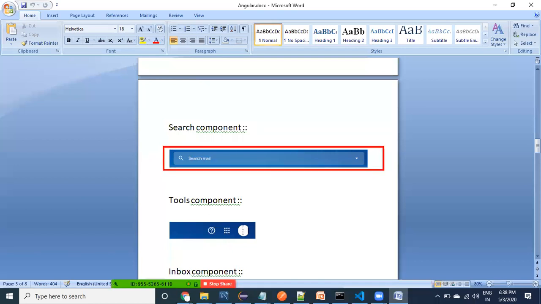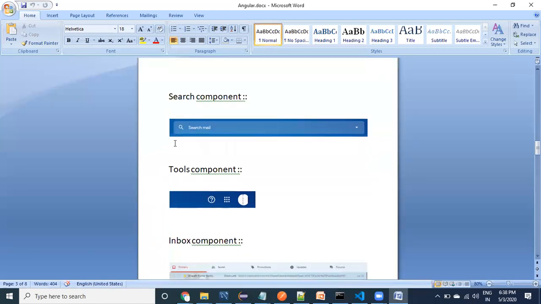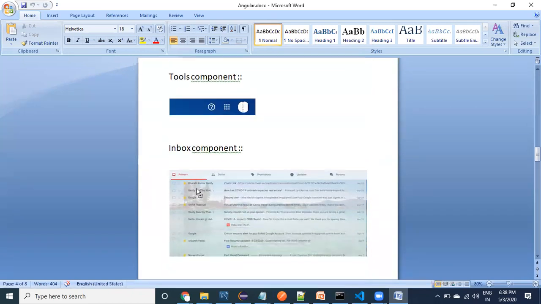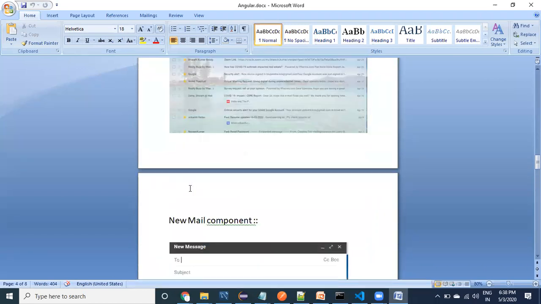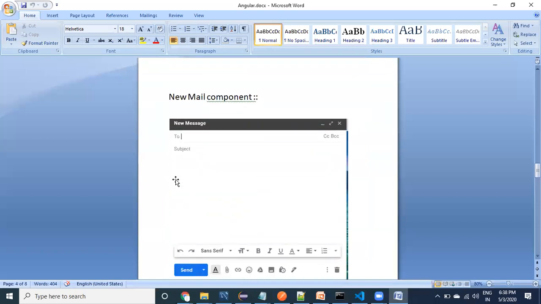One person is going to create this component, and this is the tools component, where another person works. Another developer is busy developing the inbox component. In parallel they start working on different components. This is the new mail component and so on.